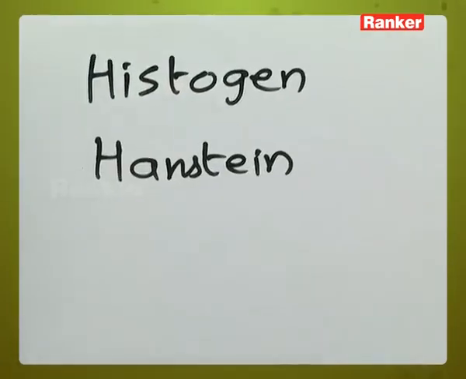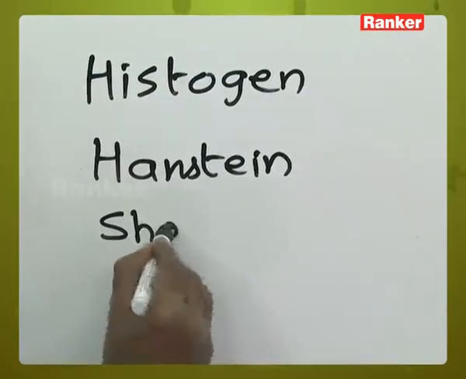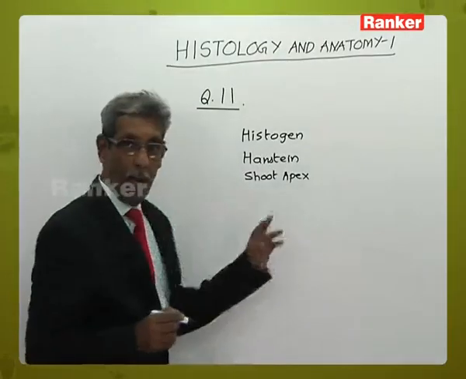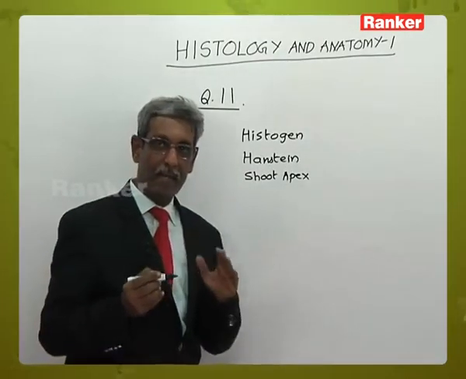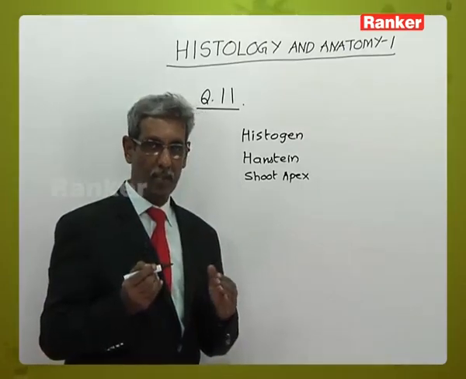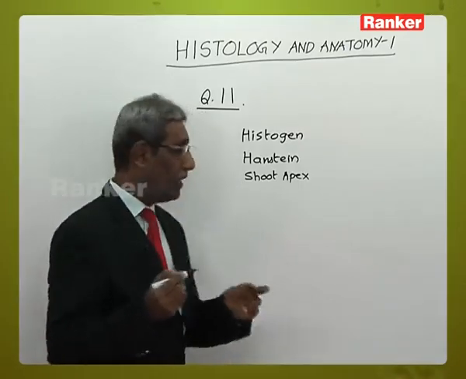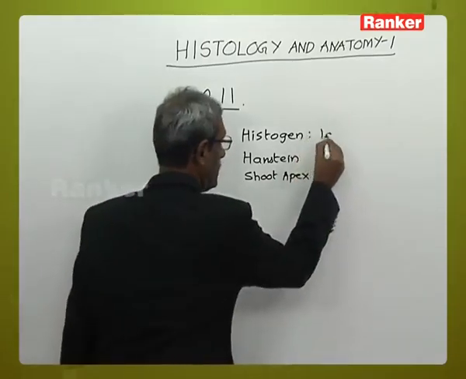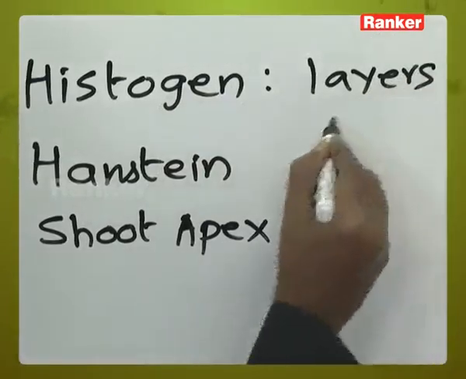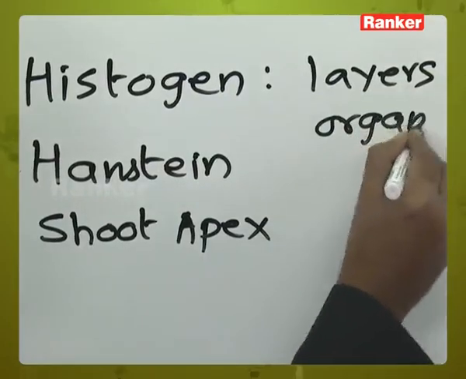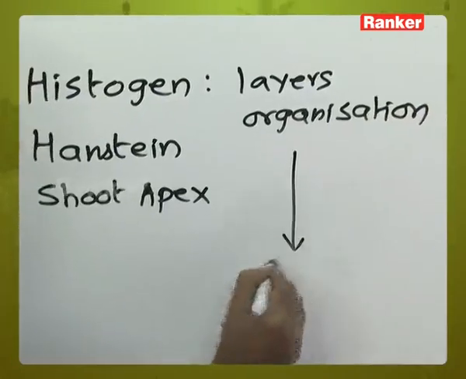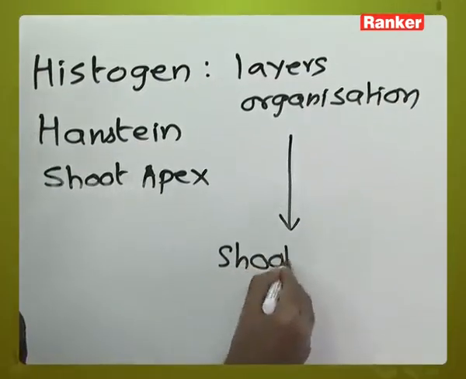Heinstein had studied the shoot apex and proposed that there are several layers of organization, and these layers of organization are termed as histogens. So, histogens are layers of organization which gives rise to the shoot apex,